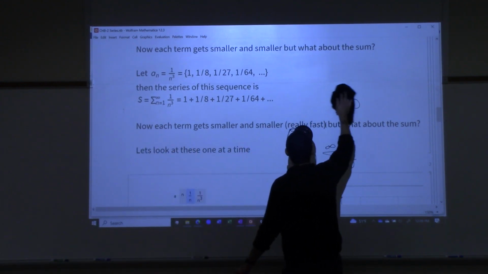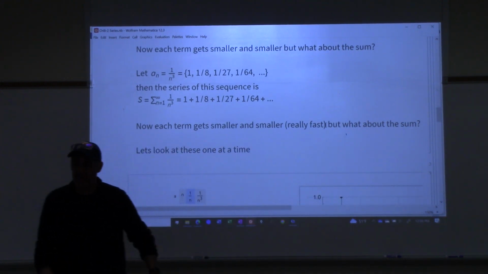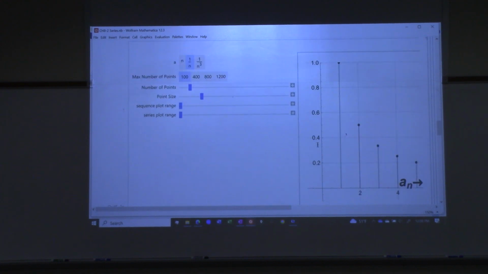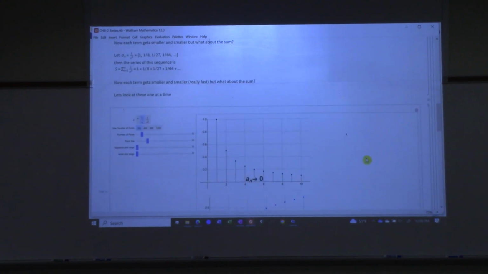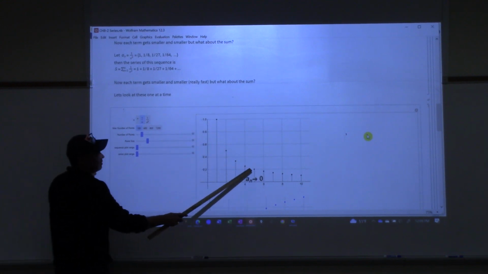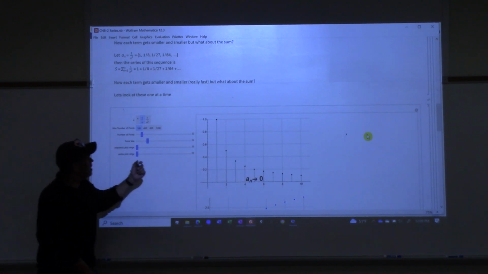So these are open questions, all right? These are open questions. This is the goal of this section, to try and figure out what's happening here. So this was a way that we could visualize all this. All right, so let me try and explain what's going on here. So the black dots here are the sequence, all right? The sequence. So right now we're looking at 1 over n here,